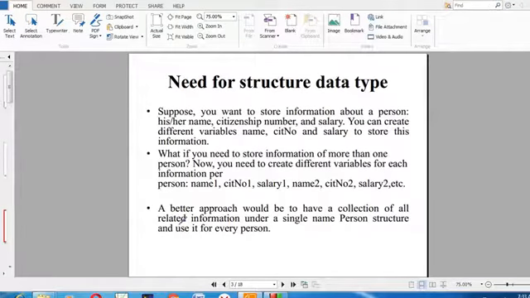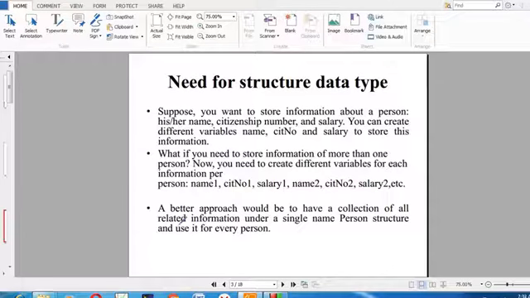So first of all, we want to know why we use the structure concept in our C program. We have already used variables and array concepts. If you want to store a single value, we prefer the variable concept.